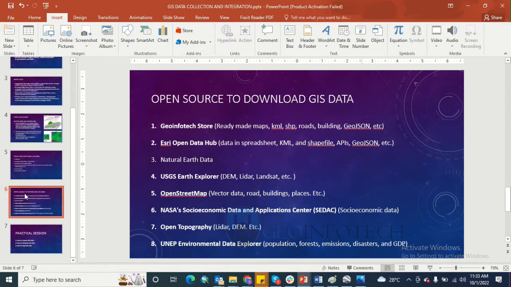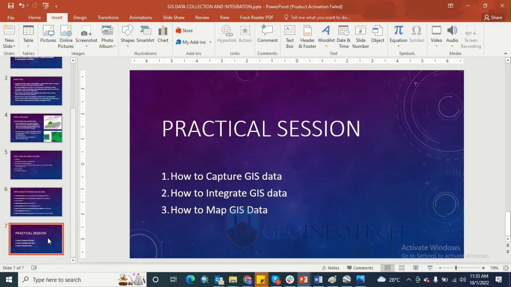Does anybody have any question with this open source platform? Do you have any question, please? All right. Then we'll move to the practical section. In this section, we'll be learning how to capture data, how to integrate GIS data, how to format GIS data from GIS files, how to use your GIS software, and lastly, how to